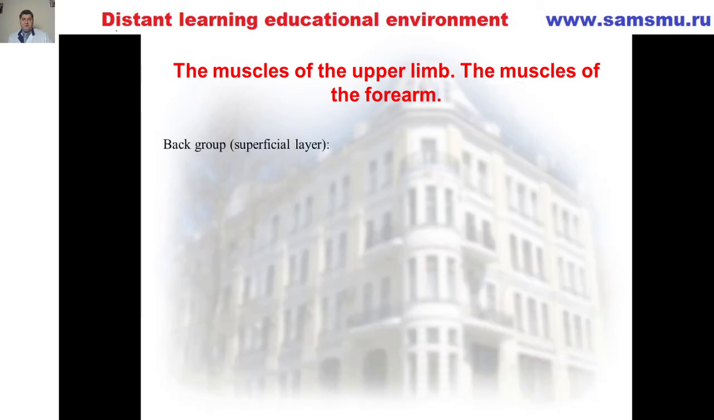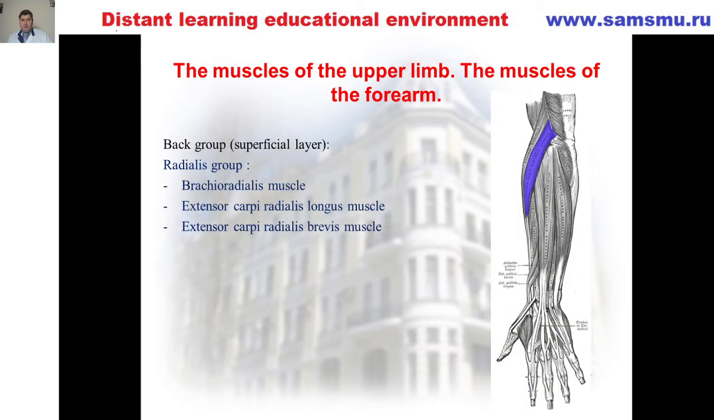Next, we'll talk about the posterior group, and you may read these muscles. The superficial layer of the posterior muscles can be divided into two subgroups, radial and ulnar. The first occupies the anterolateral surface of the arm, while the second occupies the posterior surface. So the radial group,